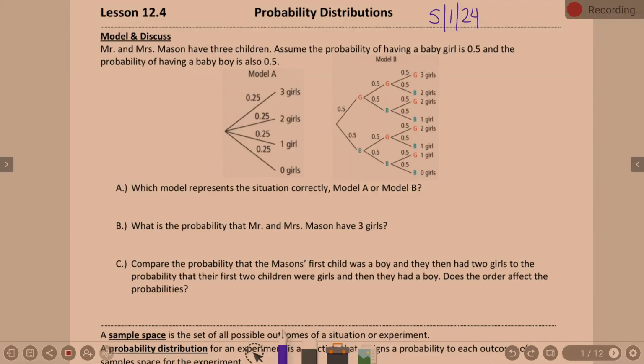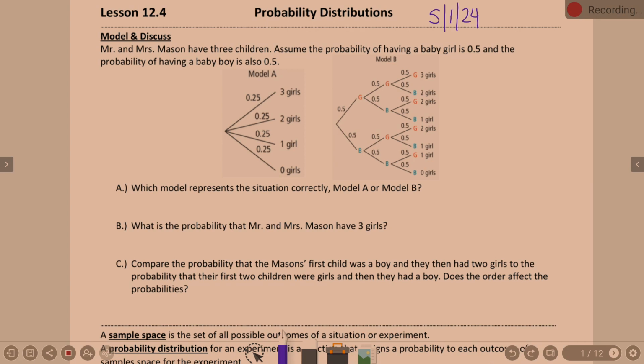12.4 is still dealing with probability, as you saw in the quiz yesterday. So we're going to keep going into probability. It's looking at probability distributions, so looking at what the distribution looks like, and assigning probabilities that way. Okay, so